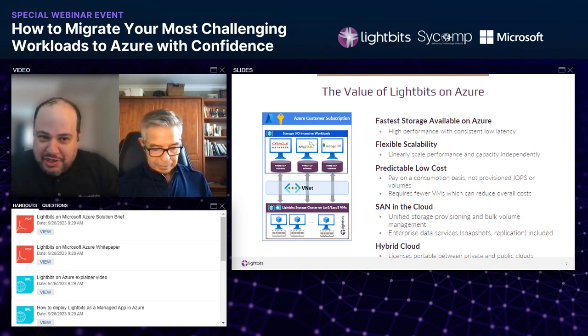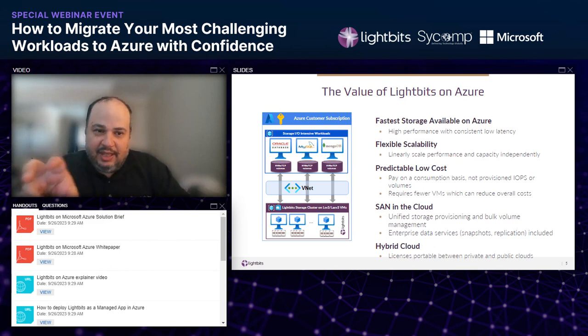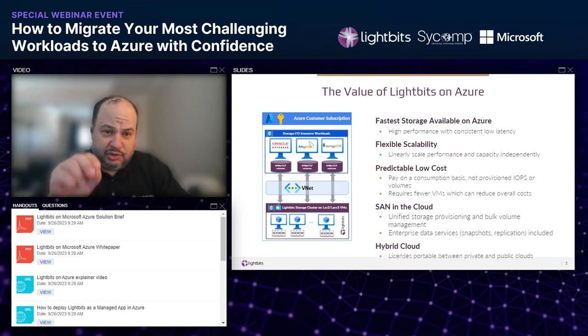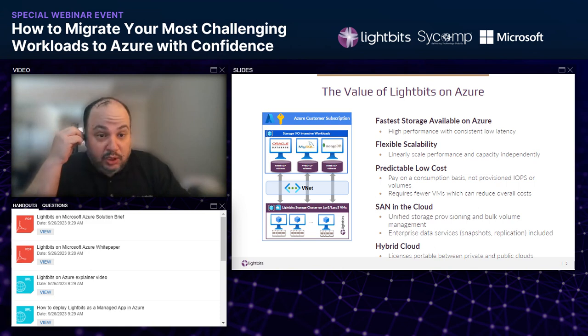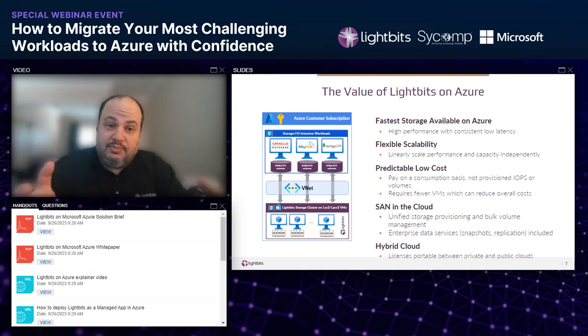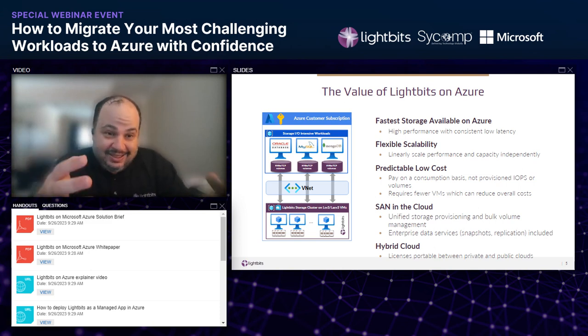And how do we do all this magic? If you see the diagram in this slide, in the left part, at the bottom, you can see that you have Lightbits software running on LSV3 or LASV3 virtual machines. Those are the Azure virtual machines optimized for storage. It's a great infrastructure. You get millions of IOPS and very low latency from these virtual machines. So what we do with Lightbits, we pull all these virtual machines together as a cluster that you can now